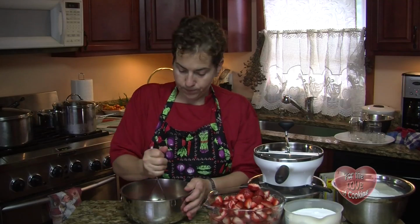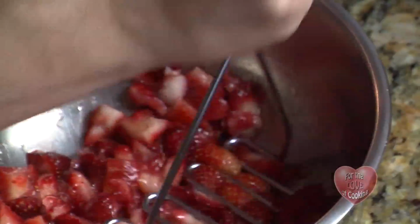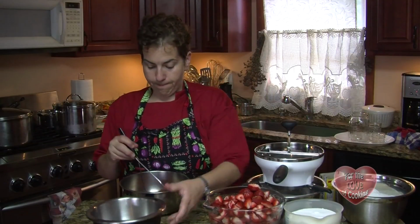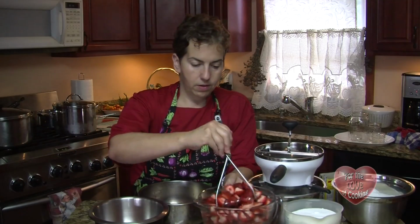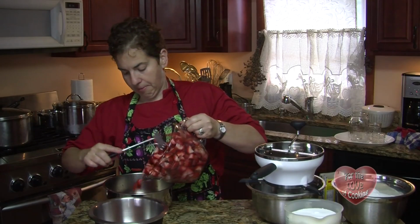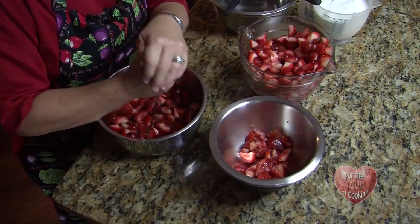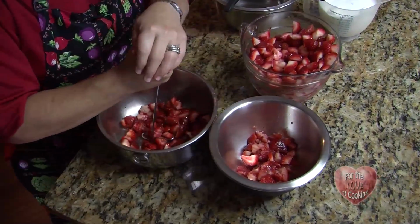We're just mashing. You don't mash it all at once. You mash about a cup at a time, because then you won't get them as good. What I'm doing is releasing the juices and just softening up the fruit a little bit. If I have extra when I'm doing this, I'll just leave it in the fridge, because I can always make a strawberry shortcake later. A lot of the cooking process will make this a lot softer, but this just helps